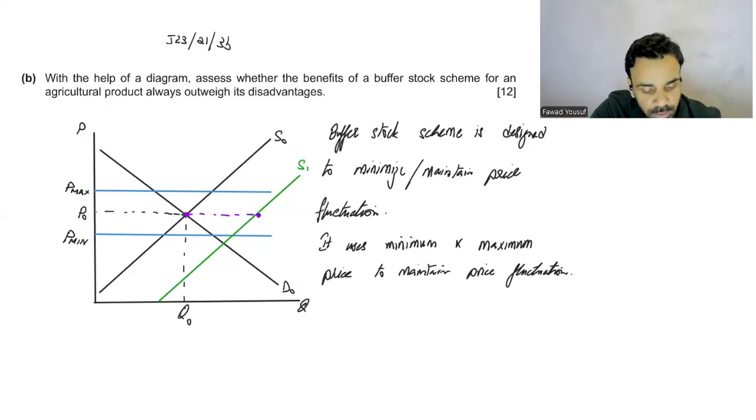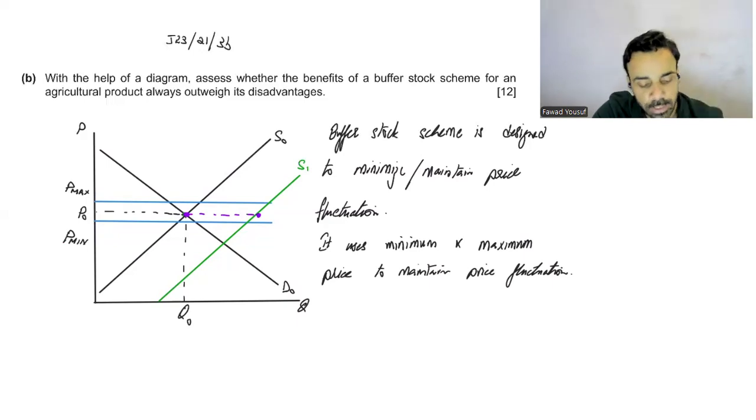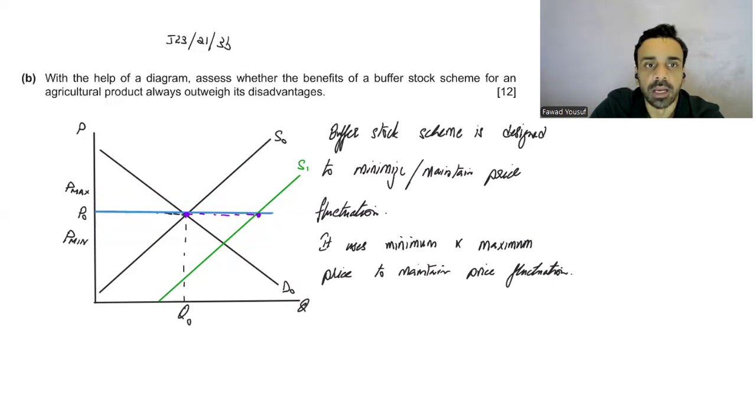If the government brings it even closer, तो उन्होंने प्राइस फ्लक्चुएशन की रेंज को लिमिट कर दिया है. ठीक है. लेकिन if you want to go extreme, then you can say that the government has actually fixed. अब ये आपका मिनिमम और मैक्सिमम दोनों एक पॉइंट पे आ गए. दैट मीन्स ये अब आपका फिक्स हो गया है.